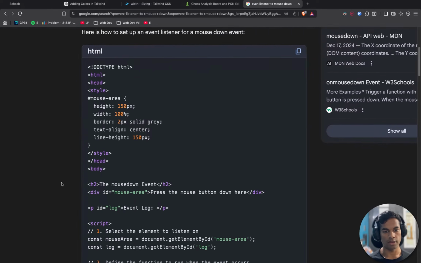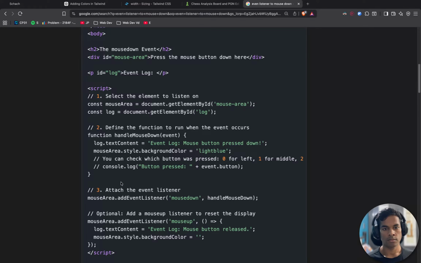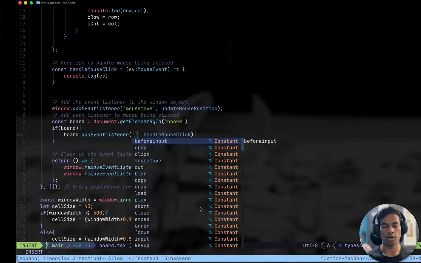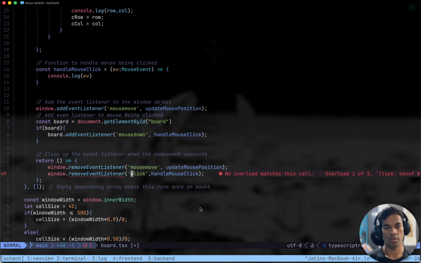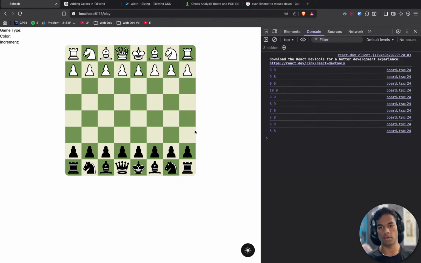Okay, mouse down is a thing. Add event listener, mouse down, mouse down. Cool. So here, click.